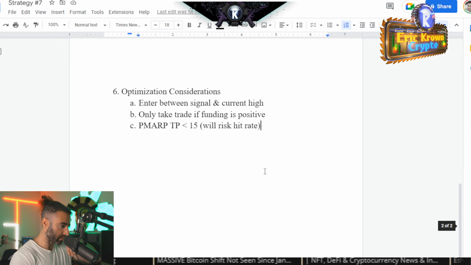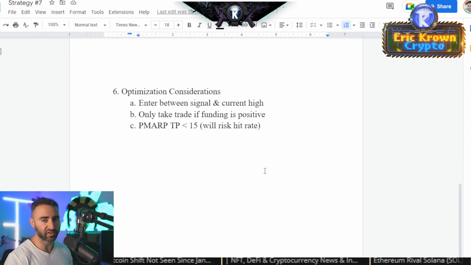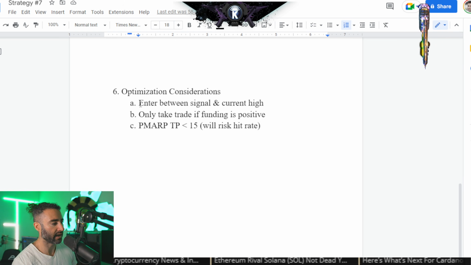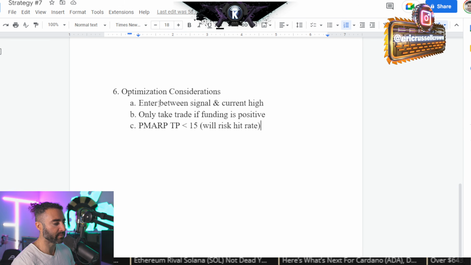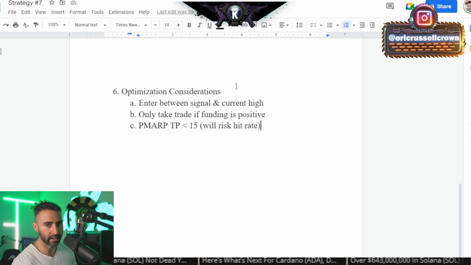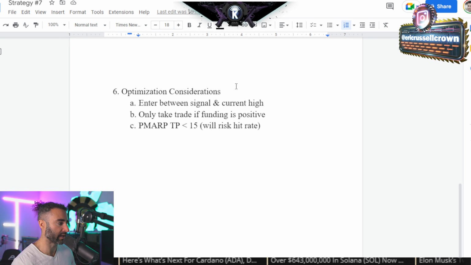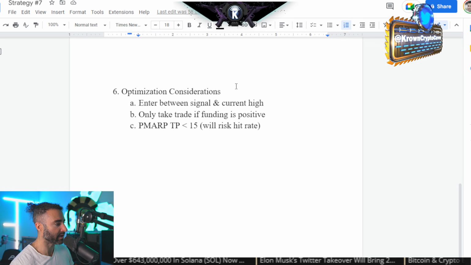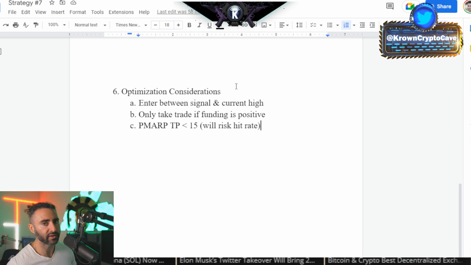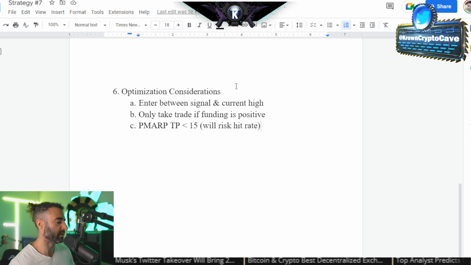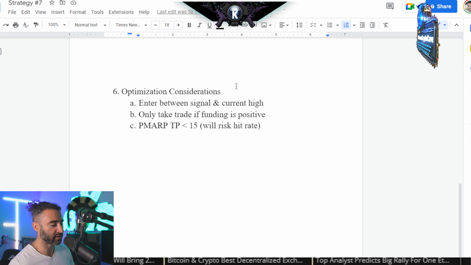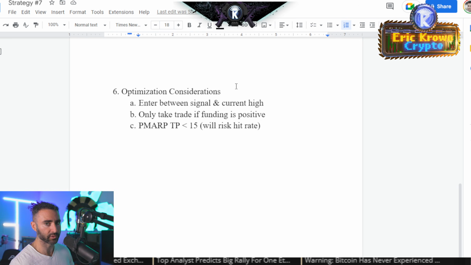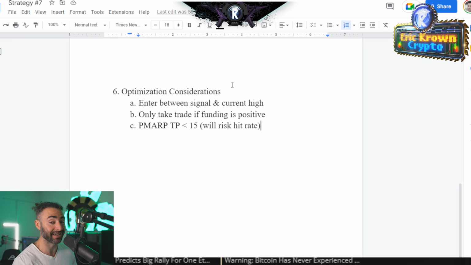And then I included some optimization considerations here. Again, this is preference. I actually prefer the first one, but the first one I do find a lot of value in. Enter between the actual official signal and the current high, or like around the range highs. I will not do this in the testing. I'll maybe point to it as to why that would be useful, but that'll obviously increase your profits if you do that. Of course, there will be situations, however, where you have winning trades, but you won't have a full position because your upper limit orders did not get hit.